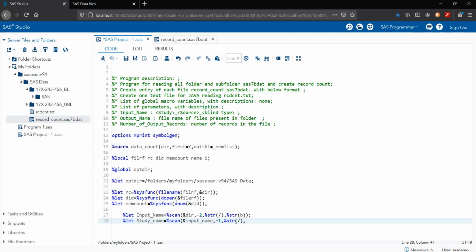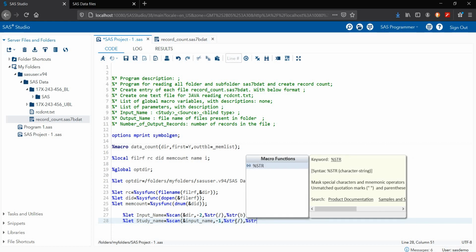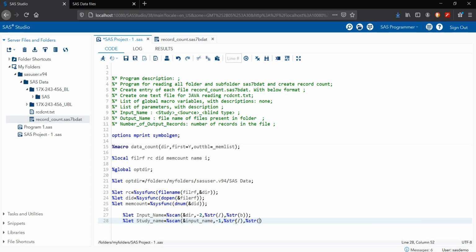Then %str, then we have the backward b, then close. This is my study name.